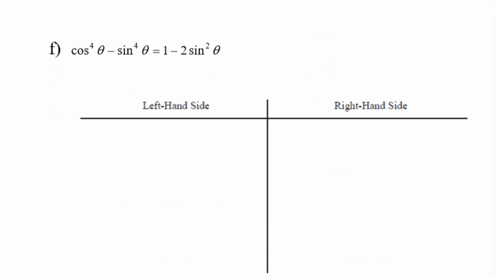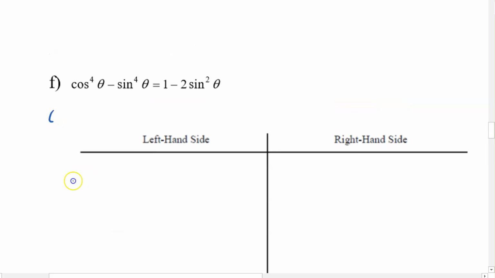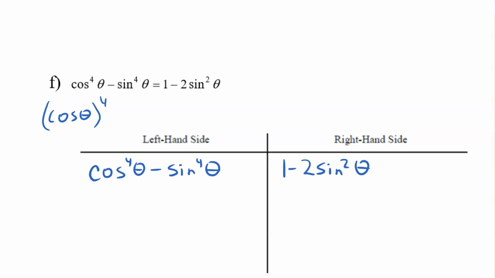All right, well, this looks crazy. Look at that, I've got cos to the 4th power. So really what this means is cos of theta multiplied by itself 4 times. So that means the same thing as that. I'll just start off by writing it out. Okay, so this cos to the 4th minus sine to the 4th reminds me a lot of my difference of